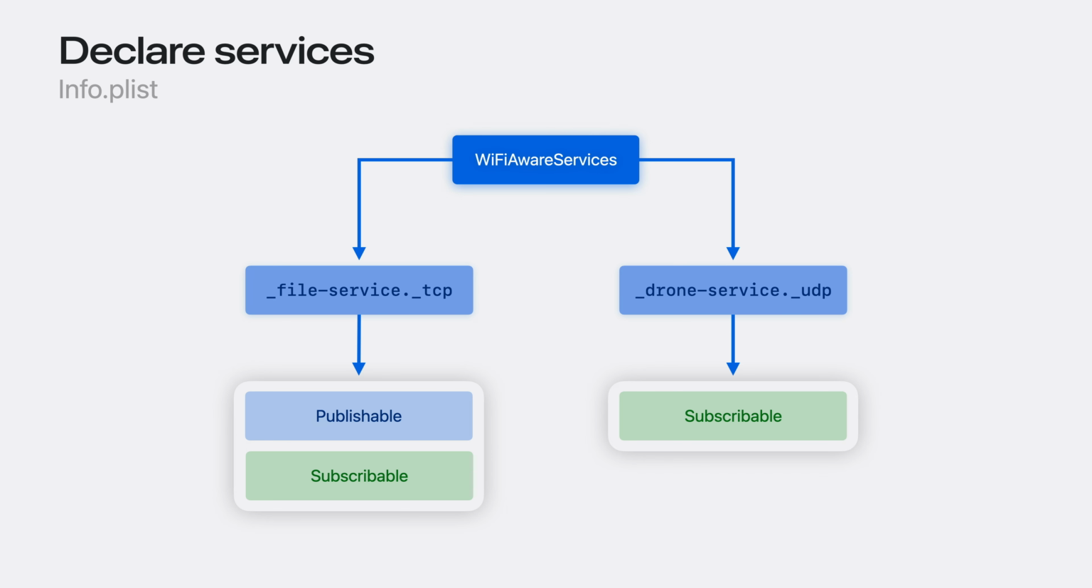In this case, file service is declared to be both publishable and subscribable. This is common when building app-to-app use cases. In contrast, drone service is only subscribable, which is a common scenario when developing an app to talk to an accessory. Keep in mind that your app will only be able to publish or subscribe services that have been declared